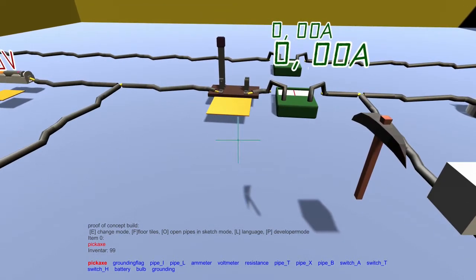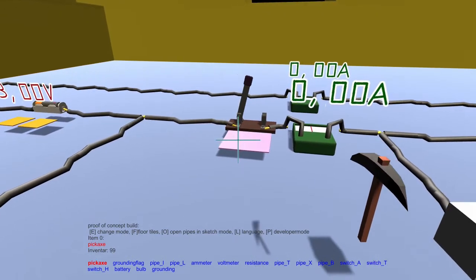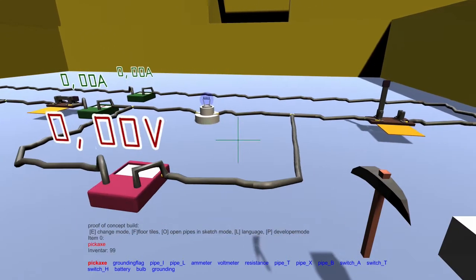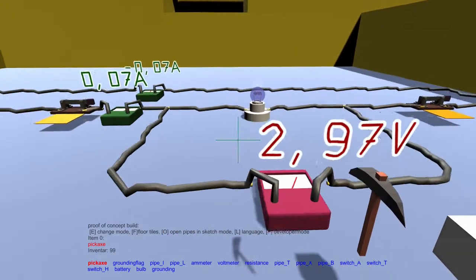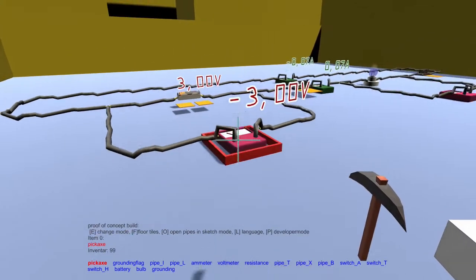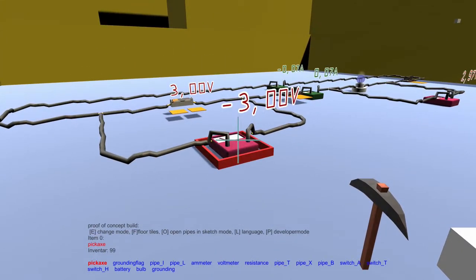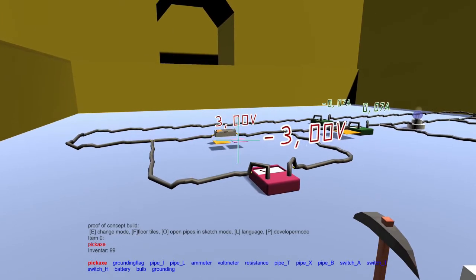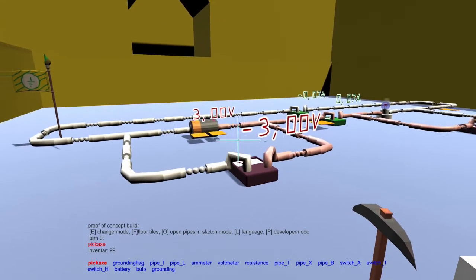Here in the reality mode we can see an ammeter and a voltmeter. I'd like to mention the level of detail. The needles of the instruments are movable and they are dependent on the values. I do not even have a floor texture, but the needles are moving. Great.